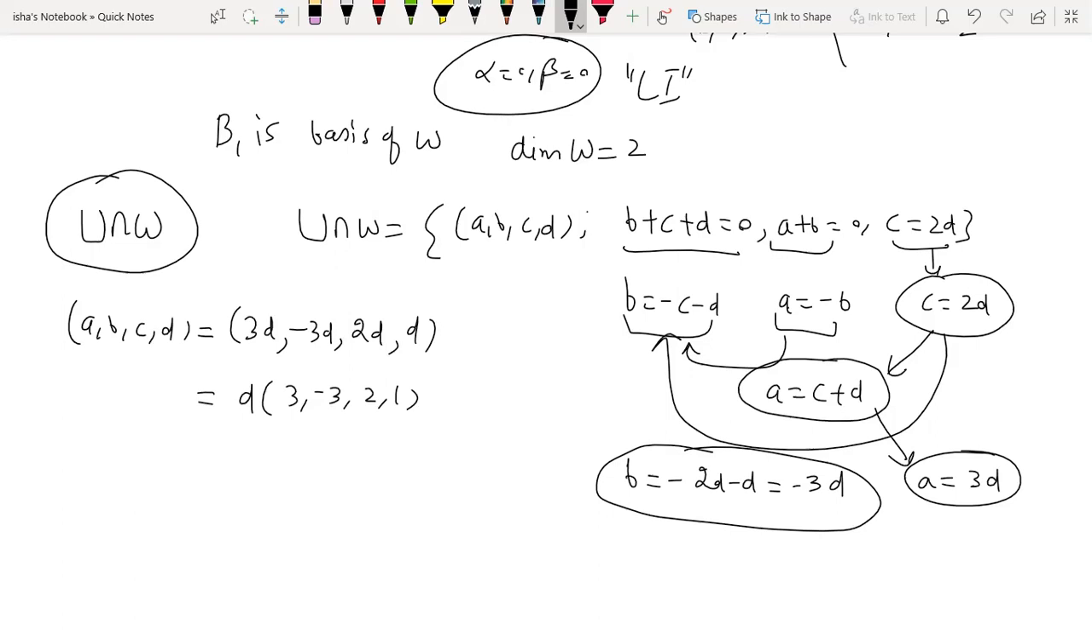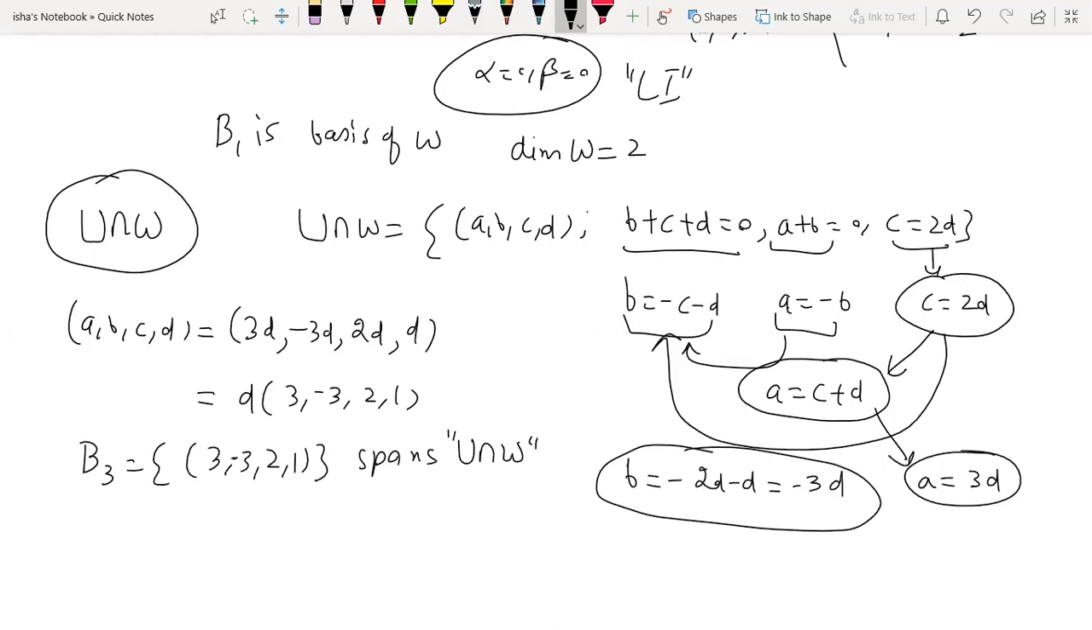So in the first case we were getting 3 elements. In the second case we got 2 elements. Here we are getting just a single element. So this is a non-zero element generating this space. So B3, if I take this single element, this is obviously spanning U intersection W, because every element of U intersection W is a linear